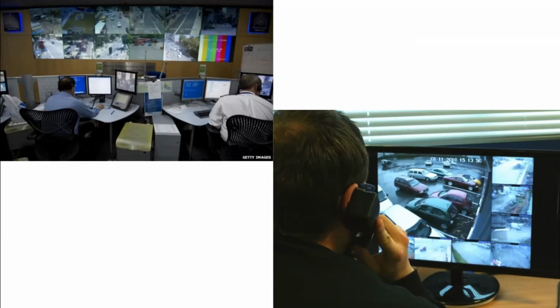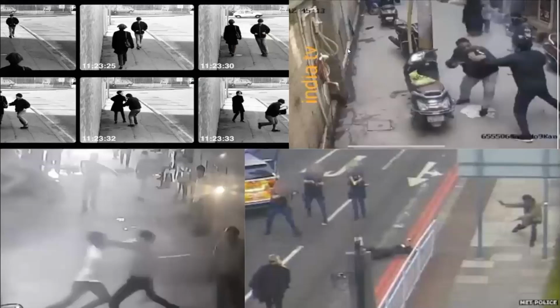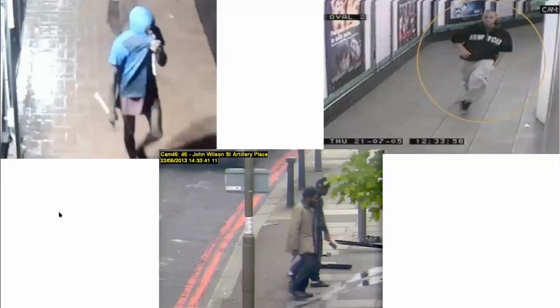As we can see here, if there is chaos, it will be very difficult for the person monitoring if there are only one or two people. In this slide, the people are carrying some weapons. If it is detected that they are carrying weapons, it can be alarmed to the authorities, and the authorities can arrest them and the ongoing crime can be stopped.